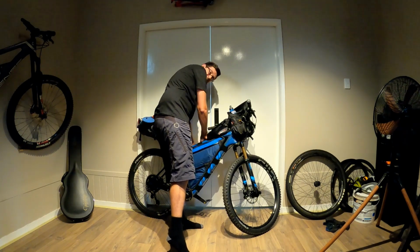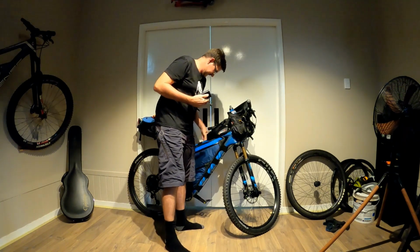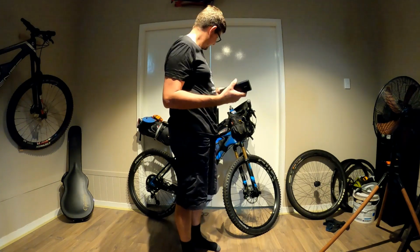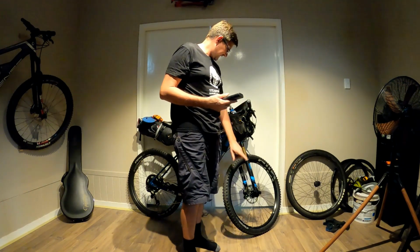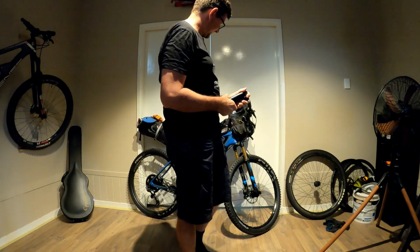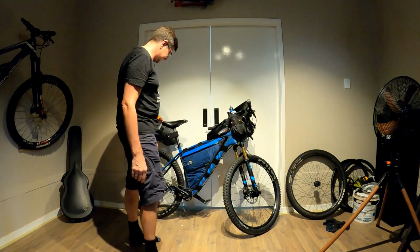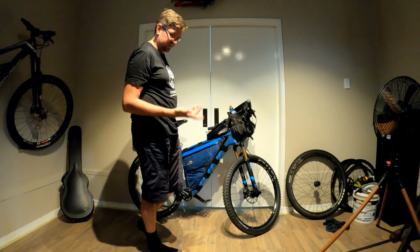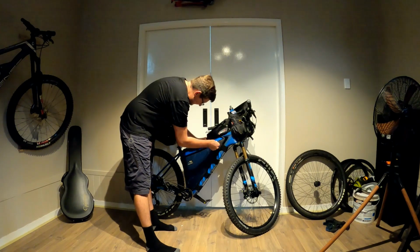So I have a pocket on the non-drive side, which has all my cables, my little cache battery. So that'll give me nearly a week's worth of charges. So if that completely plays up, I can still go for a week with this, which means I'll get out no worries. I'm not going to be in any sort of dramas. I thought about ditching that and just taking a little one, but it doesn't weigh that much or take up much space. So top frame bag,